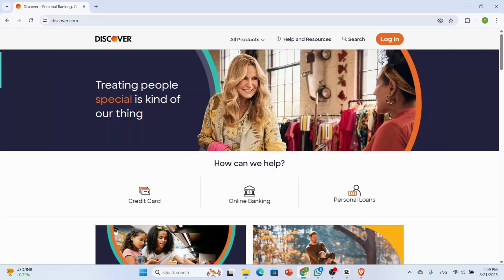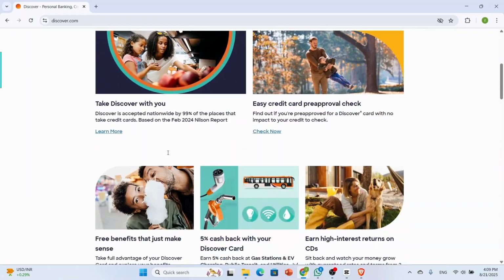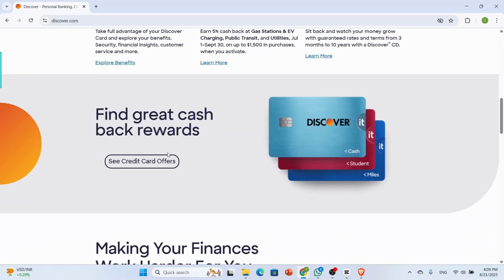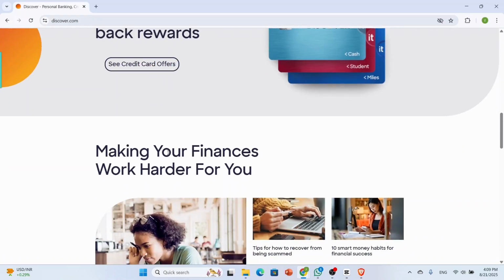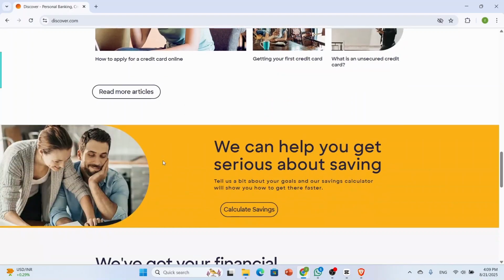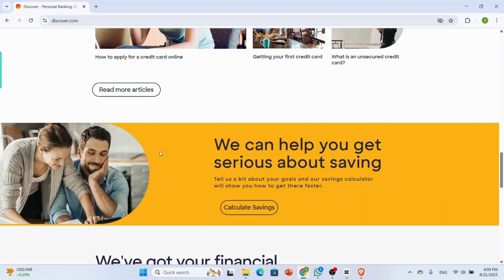Now here you simply have to log in with your account, and once logged in, you'll land on your account dashboard showing all your linked accounts. So there you can click on the account you want to check, like checking, savings, or credit card, to open the account details, and from there, you can scroll down to the recent transaction section to see all deposits, withdrawals,